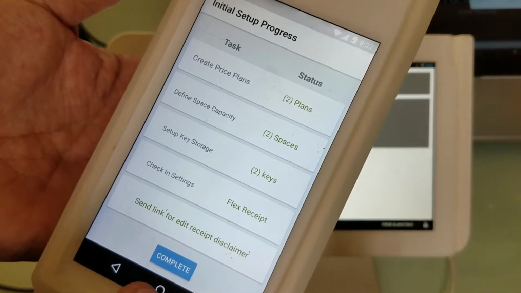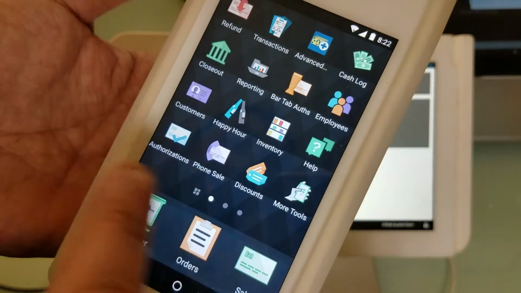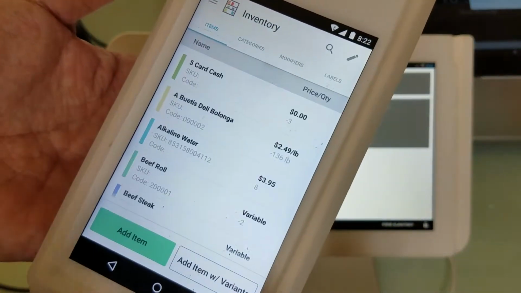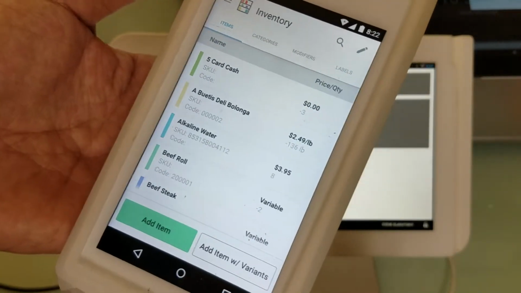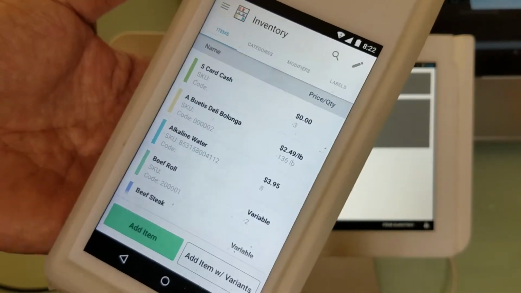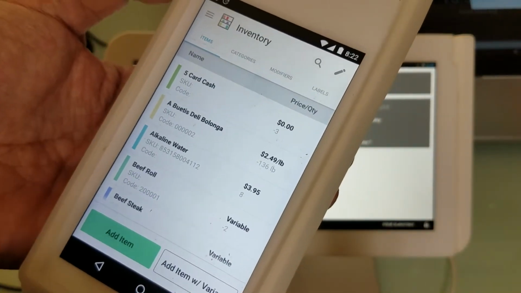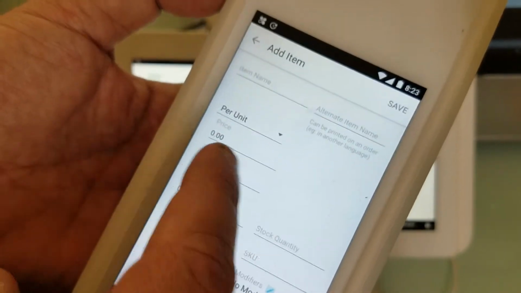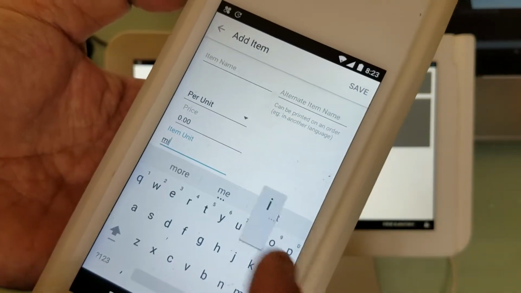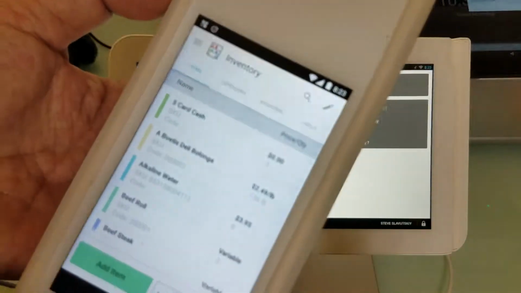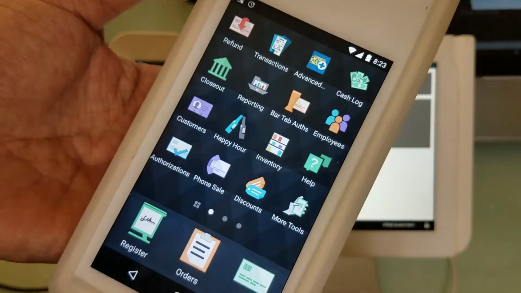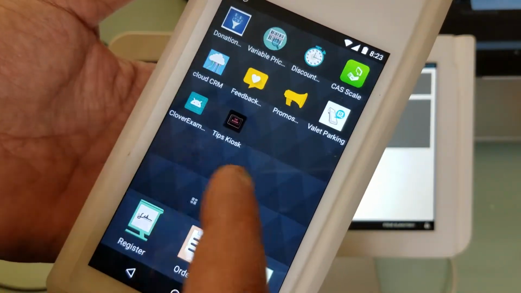In order for you to have a price plan, you would first have to set up an inventory, just create an item. And if you're doing per hour or per minute or per month, per week, these things can be done natively on Clover. You can add an item per unit, and the unit of measure can be anything, minute, hour, or what have you, right? And so once the items are created that you're interested in, then in the Flex app,